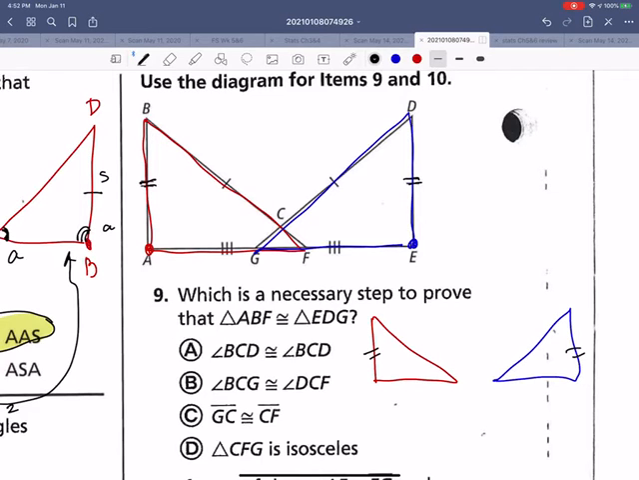This whole hypotenuse is equal to this whole hypotenuse. And it looks like this whole bottom part is equal to this whole bottom part. So that's side, side, side triangle congruence. They should be congruent. Okay. So to prove that,